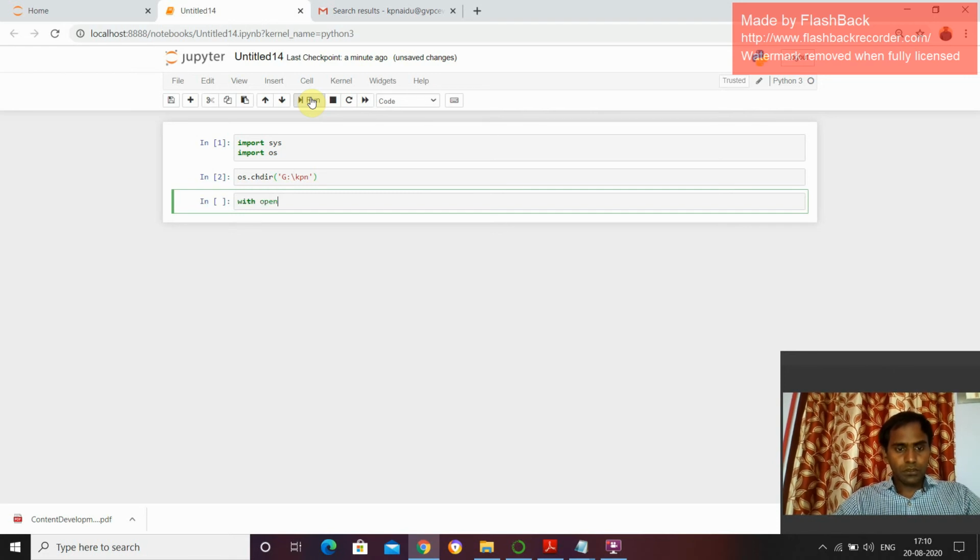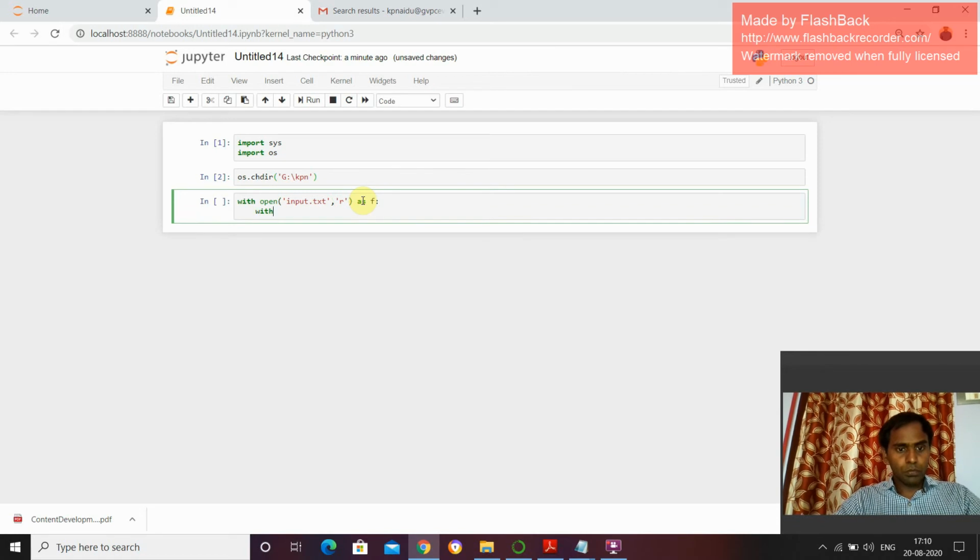So with open, I have to open the input file, input.txt, in read mode. I am assigning this result to a variable called f.